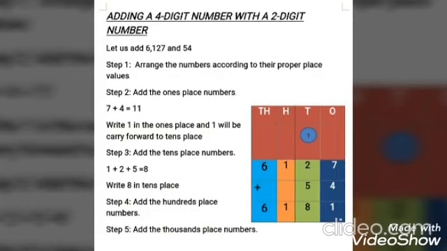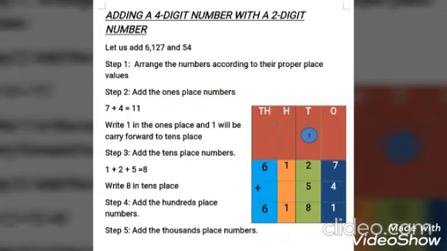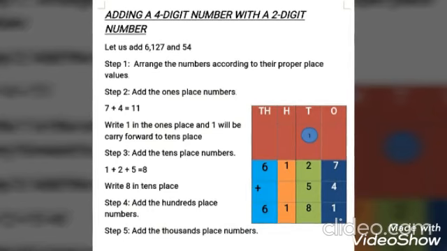Now our turn is to add the numbers at 10's place. So 1 plus 2 plus 5 is equal to 8. So 8 I will write under 10's place. Now after adding the numbers at 10's place, we will come to 100's place. So 1 will come as it is, as there is nothing to add with 1. Then we will come to 1000's place. 6 will also come as it is. So the answer is 6181. This is addition where we have done addition with regrouping.